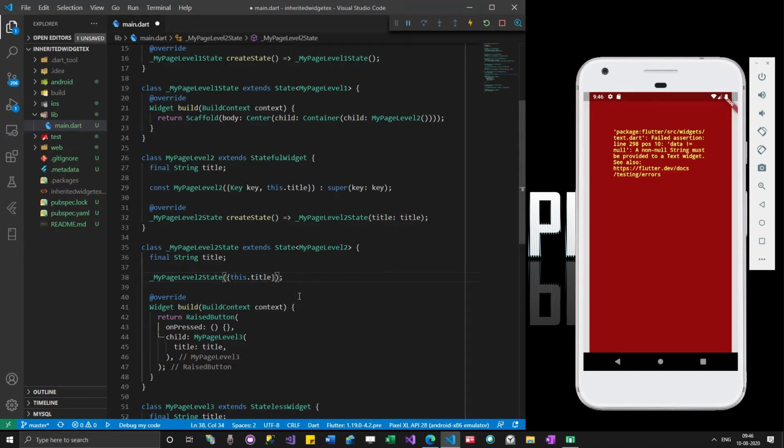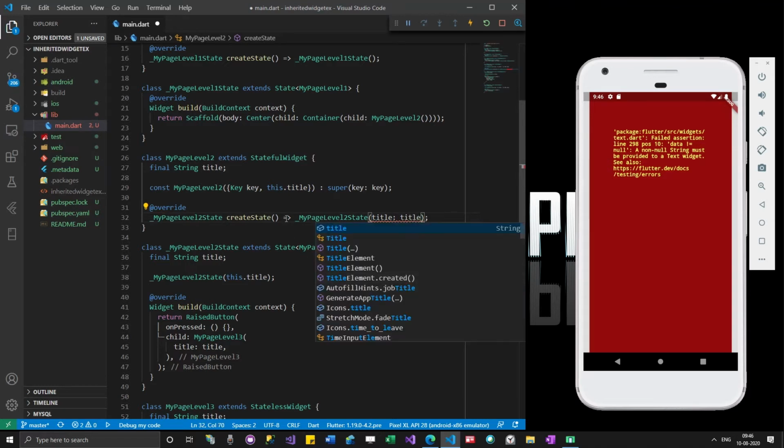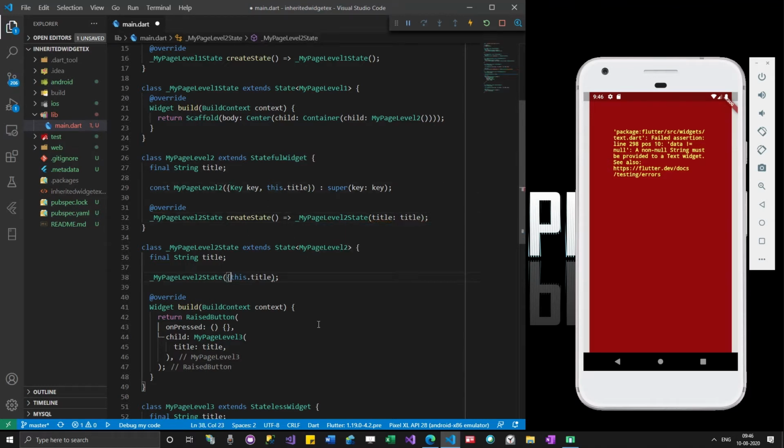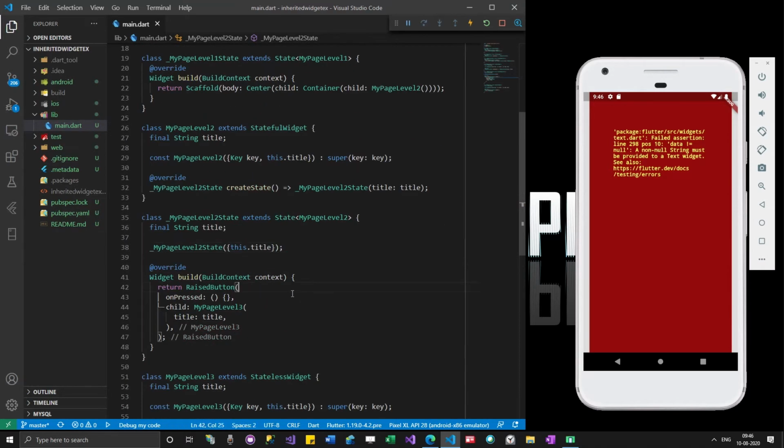That's how it works. If I'm not adding these brackets, I need to remove this. Okay, so this has worked. So now it's working.